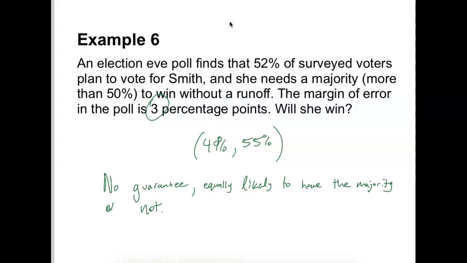The way they determine the margin of error, if you take AP stats, you'll come up with the actual formula for that, but it depends on a couple of things. It depends on the sample size, so basically how many people you survey, and it depends on the confidence level, so how confident you want to be that the interval actually captures your parameter of interest. And it's just a formula. But usually they try and keep the margin of error around 3%. For this class, you're not going to have to determine the margin of error. It'll just be given to you.